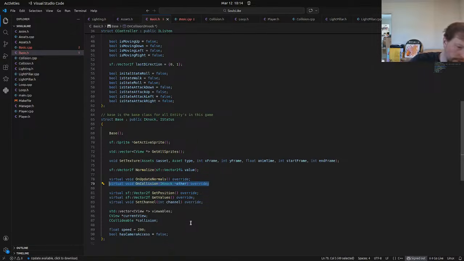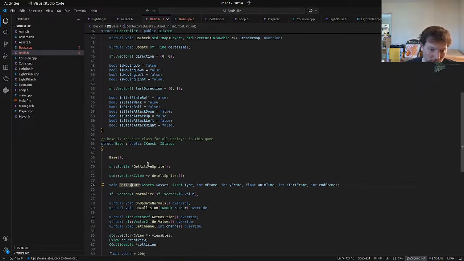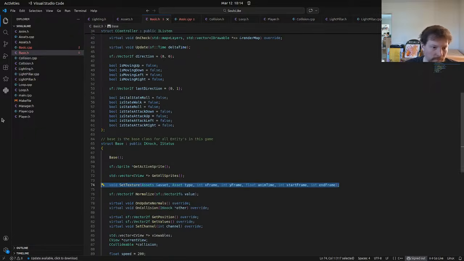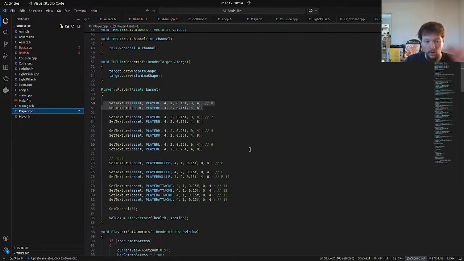This is to help with certain collision detection. This way, base can be passed in as other, and also has a collision to then be detected. And then set texture, of course, here is a helper function that grabs that data that we talked about above. So over here in player, all that to say,